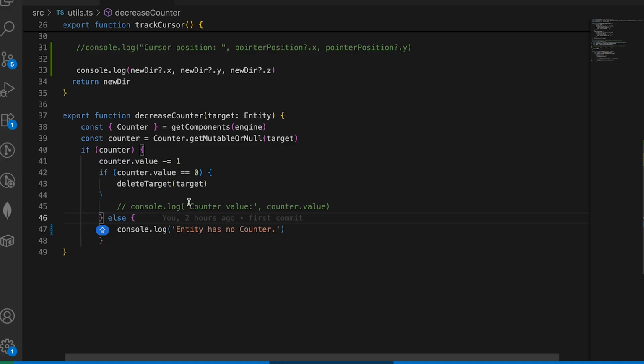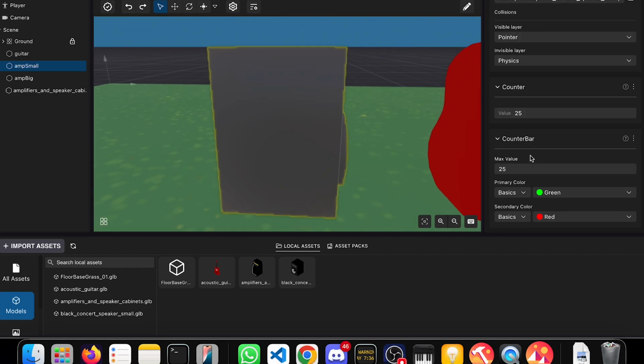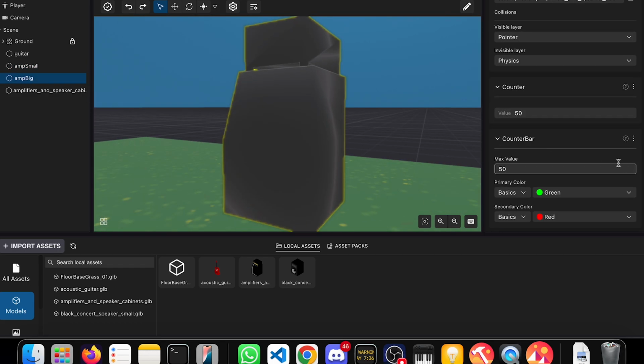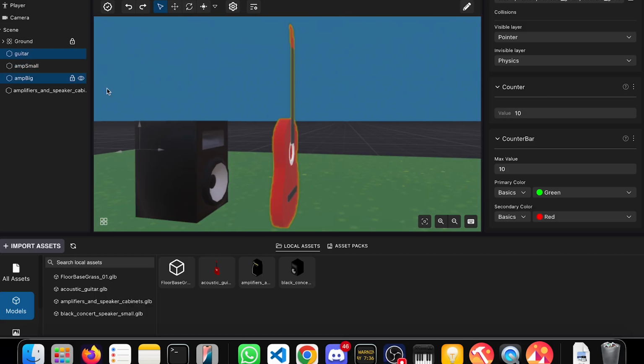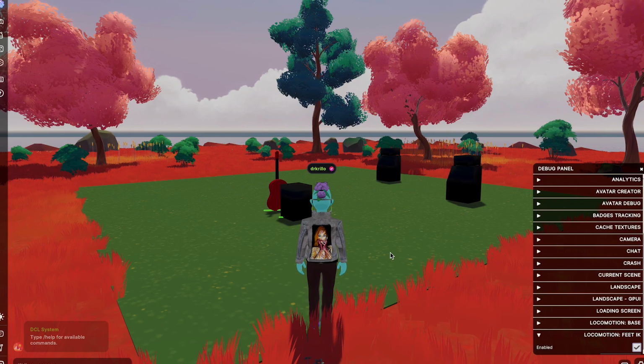And the interesting thing about this is that I have defined these components in the UI. So as you can see, the guitar has a counter of 10, but the amplifier has a counter of 25, and the biggest one has a counter of 50. I could change the value of the guitar one to, let's say, 100. And if I go back to my scene, now,